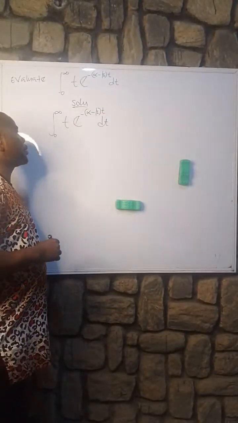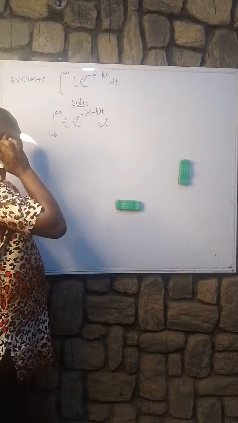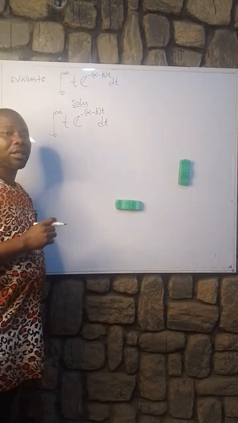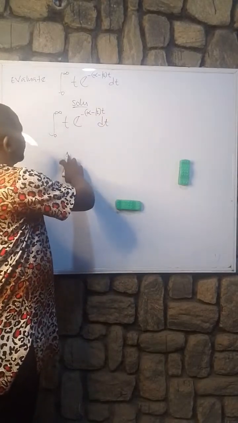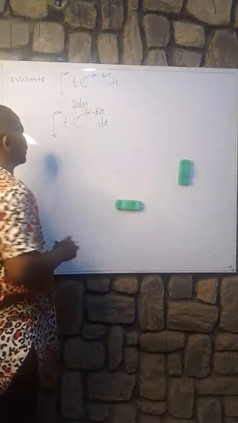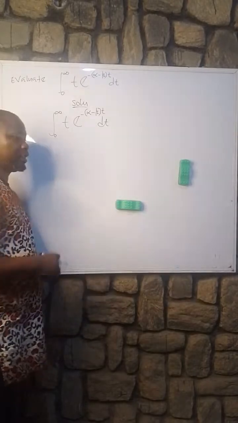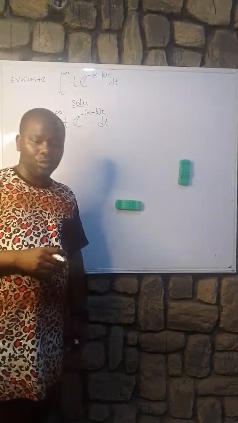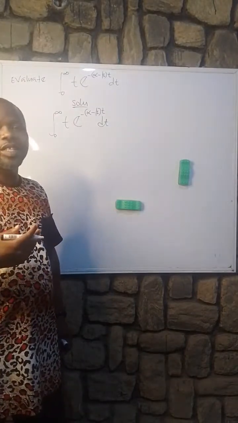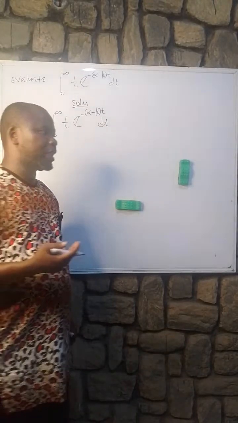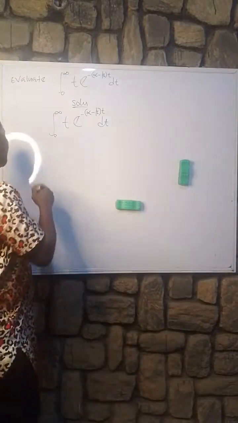You know, when you come across questions like this, the first thing you should remember is here we have two functions. We have t here, we have exponential, and this is an integral. So what are you going to do first? You first consider what is called integration by parts. We use by parts, so you now write